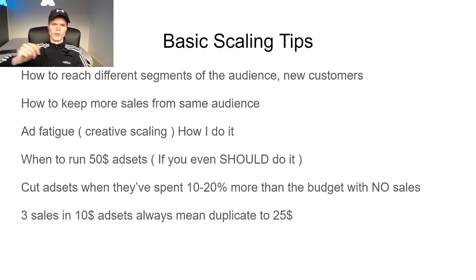And then you could go back to increasing the budget on them to $25, because this is the thing: every ad set is different. When Facebook is optimized, it's not going to look for new people, it's going to look for the same people. So it's super important to reach different segments of the audience by duplicating multiple $10 a day ad sets. I really find that to work. If you want more sales from the exact same audience, you're just going to go vertical: duplicate and increase the budget. At a certain point, it will die out. Time to introduce new interests or do the horizontal scaling I just told you about by making $10 ad sets.